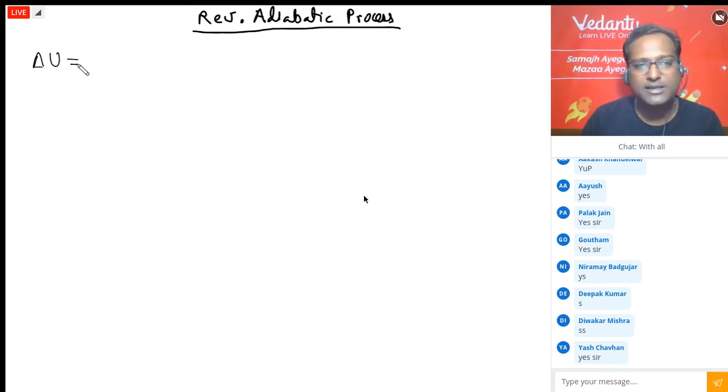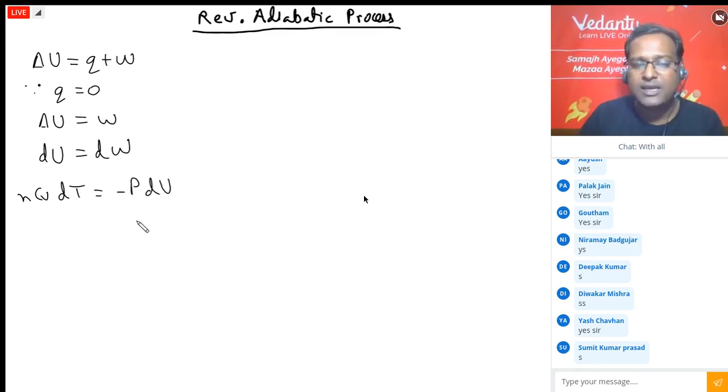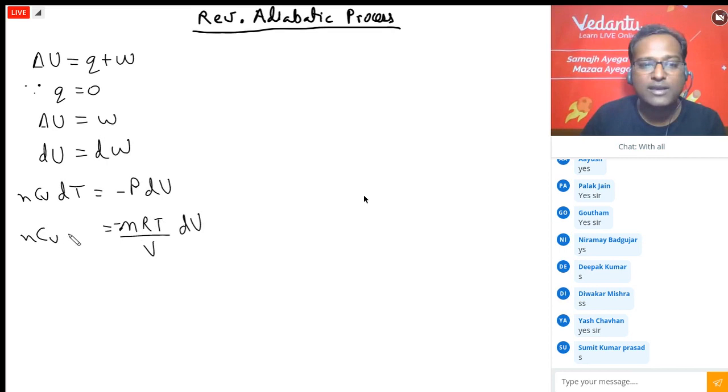First law of thermodynamics tells us that delta U equal to Q plus W. Now, since it is an adiabatic process, we say Q is zero. So delta U will become this. I'm writing it in differential format, not in integral format. In differential format, now I'm substituting their formulae, minus P into dV. Okay, this equation cannot be integrated right now because pressure is a different variable. I need to convert pressure into volume and temperature so that I can integrate it. Therefore I write it as minus nRT by V into dV. This is equal to nCV dT.